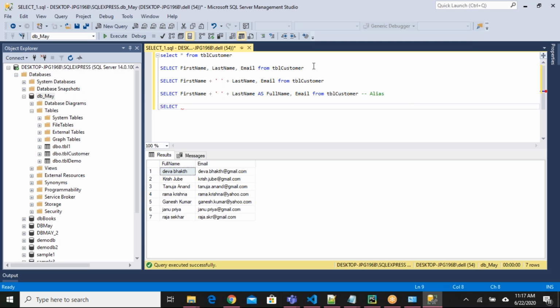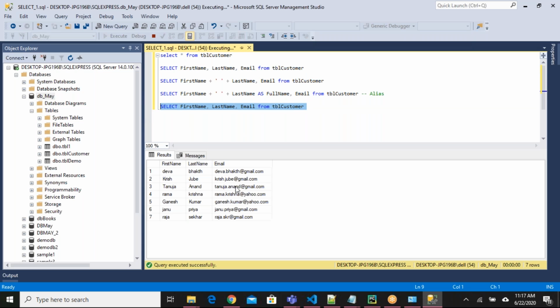Say for example, if I take the first query, this is my query. If I run this query, what is the output I'm getting? First name, last name, email. Instead of email in the output, I want to get the column name like email address. So I can provide some alias name here as email address.